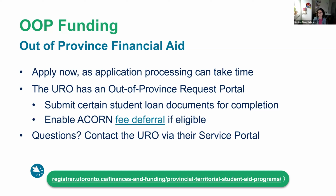So you have to tell us that in order to enable your deferral. And so you would also be doing that through the request portal. If anyone has questions about OSAP or the out-of-province aid from another province, the University Registrar's Office is the